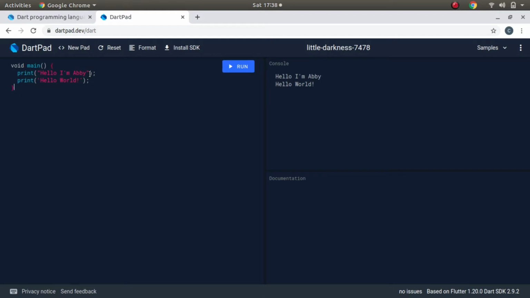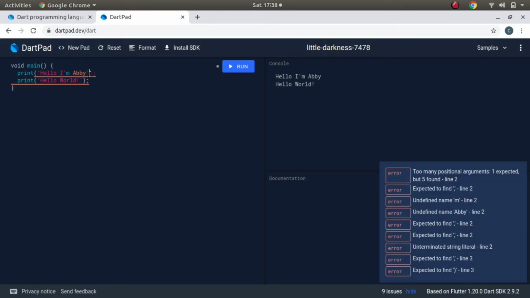But if I did the same in this statement, suppose I put a single inverted comma here and a single inverted comma here. Now what happened is this comma was opened here and closed here, and after that "m Abby" was not recognized by the compiler.